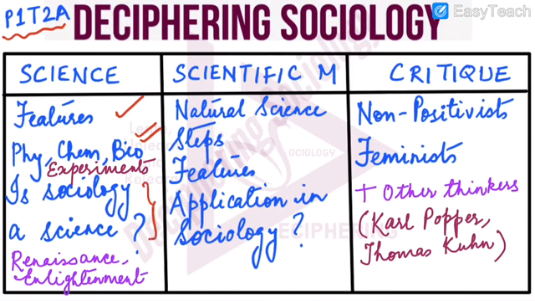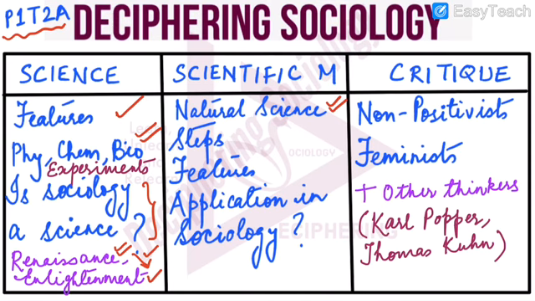Right? Now, where did this concept of science originate? It originated in the Renaissance and Enlightenment. It started in the Renaissance period and then it was developed in the Enlightenment period. So, both these periods are responsible for the formulation of the concept of science. Now, science uses a tool in order to form results or generalizations, and this tool is the scientific method. It is used by natural sciences.